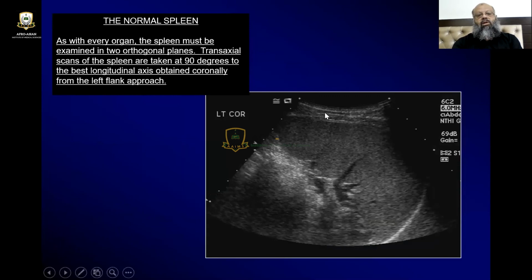Here you can see the coronal view of the left upper quadrant of the abdomen, in which we can see the main splenic vessels entering into the spleen, the upper pole with the diaphragm. This is the lower pole. So as with every organ, the spleen must be examined in two orthogonal planes,